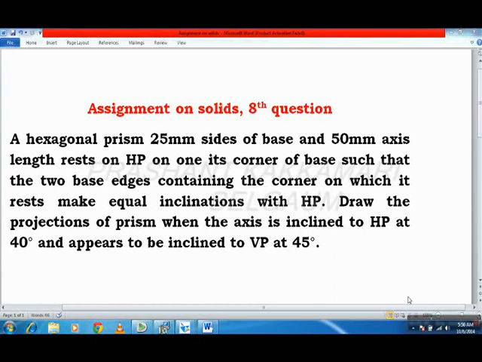So first of all, we know that a hexagonal prism is given. In the prism we have two parallel faces and 6 lateral surfaces, and the parallel bases which have the edges. The edge length is 25 mm, and coming to the axis, the height of the prism is 50 mm, and it is resting on HP. So we know that it is resting on one of its corners of base